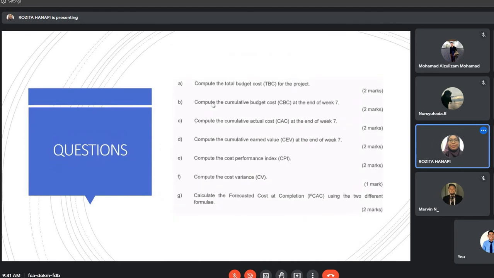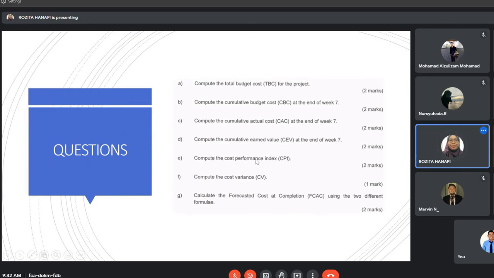Okay. So that one is the earned value. You need to multiply the percentage with the TBC of each work package to calculate earned value. Okay, when you get the answer for total TBC, CBC, CAC, CEV, then you will be able to compute